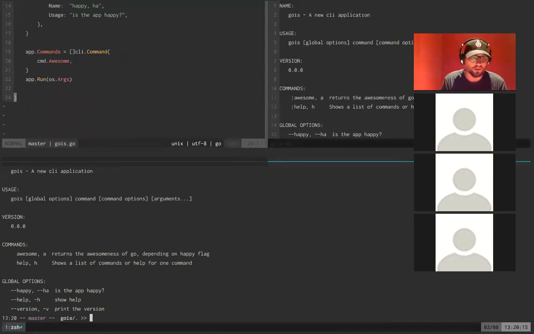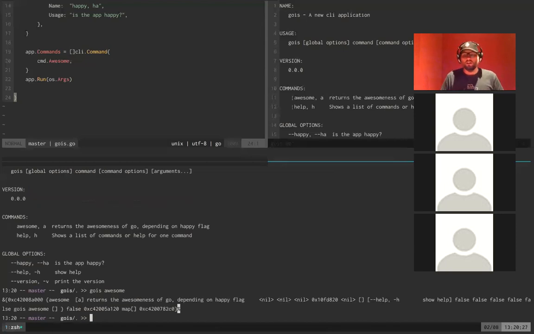I'm sure everyone's familiar with the concept. So I can go is awesome. And remember how we just outputted the context, and basically the context is a struct of